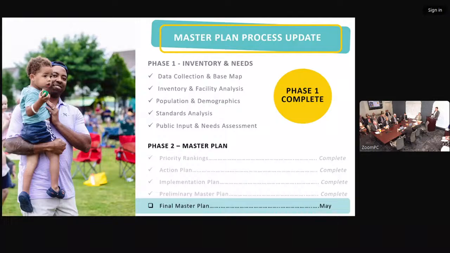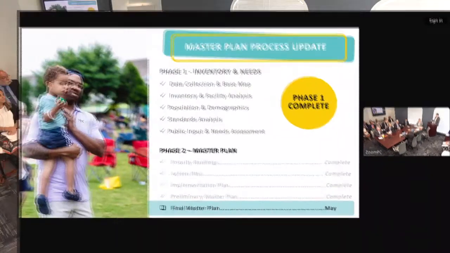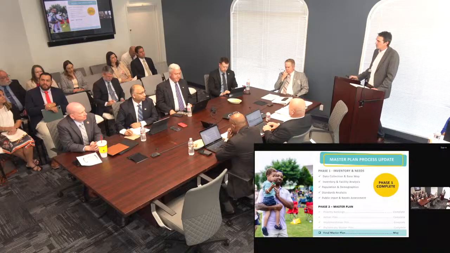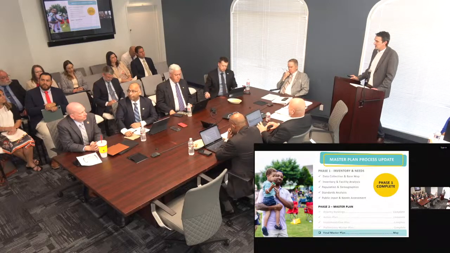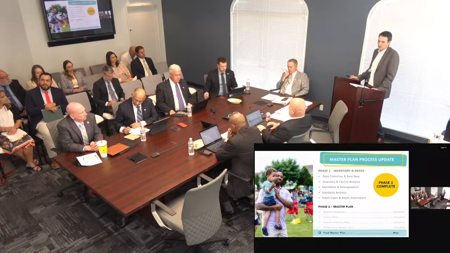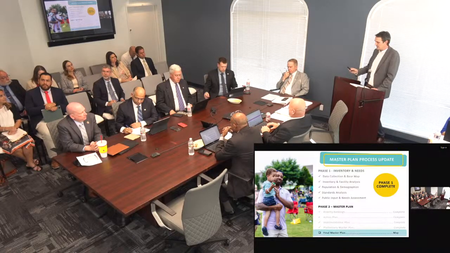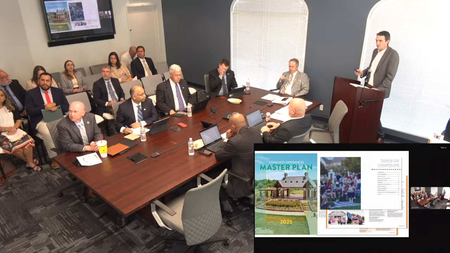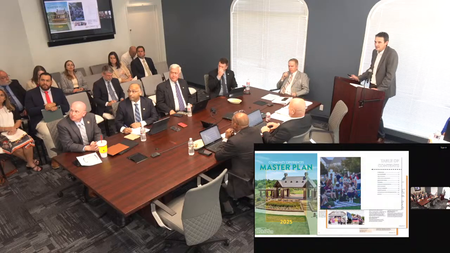We worked with several other individuals, stakeholders, with the priority rankings with the park board. Then we created an action plan, which actually shows where specific capital projects could be located within the system. We worked then with a draft master plan through park board, reviewing that a few times, and then now with this final draft master plan that you have to review for the next meeting. So we will go through a few slides here that highlight those within the plan.